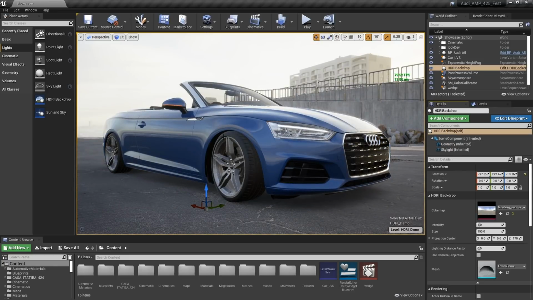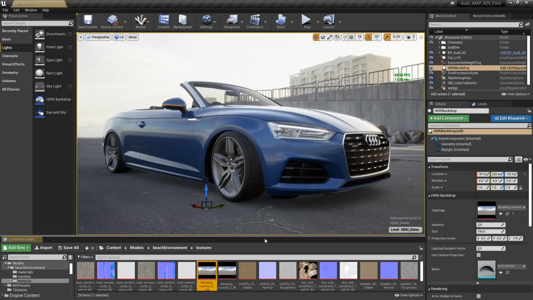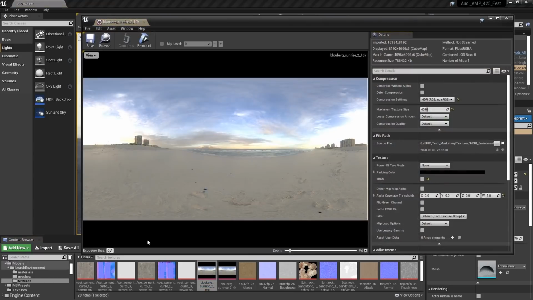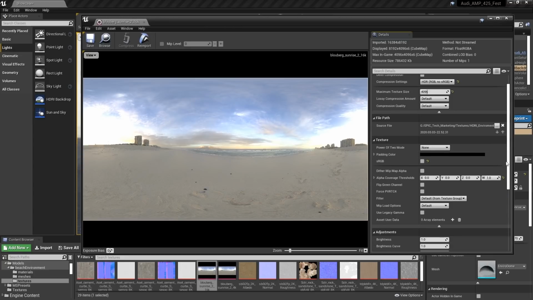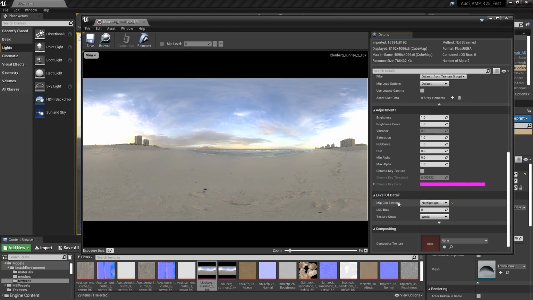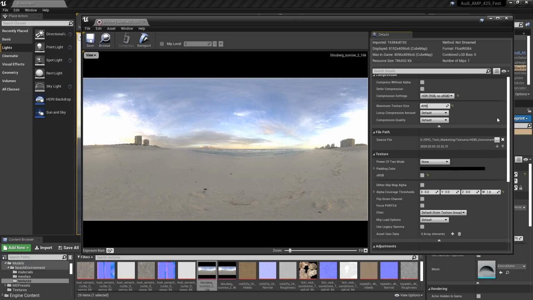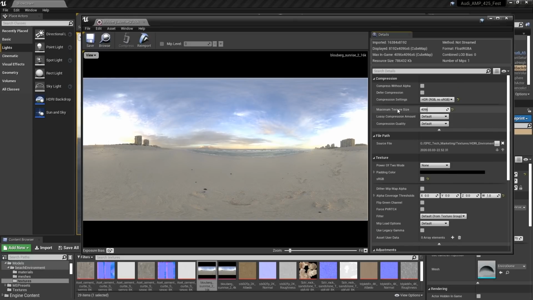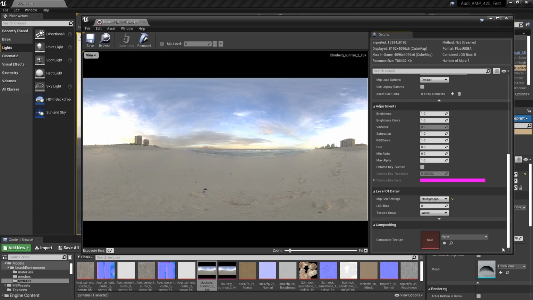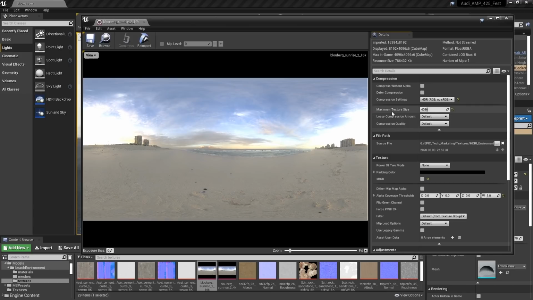And one thing that I want to draw your attention to is when you bring in your own HDRIs, there's a few things that you want to double check. First, make sure that sRGB is turned off. You also want to make sure that there are no MIP maps being generated for it. And you may want to increase the maximum resolution, and make sure that you turn off MIP maps before you increase maximum resolution, because that means it doesn't have to make all the MIPs going down, which is going to make things just a lot faster. So keep that in mind when you're working with your own HDRI images.